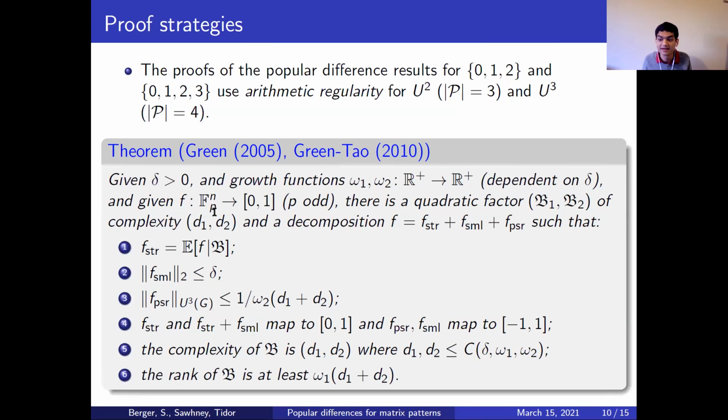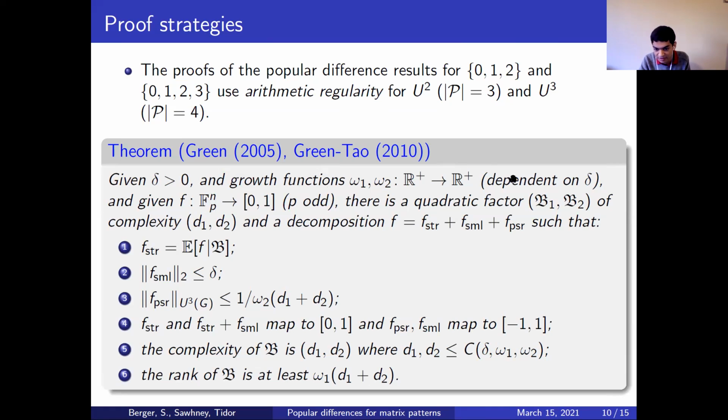So given that fact, can I sort of find a nice set of models for my functions, which basically look the same, and you can prove look the same with regards to any statistic that you'd care about, but which is a model of finite complexity rather than a complexity that grows with, you know, the group size. So F_p^n, n is growing. And it turns out that you can do this. And this is the content of arithmetic regularity, which should be viewed in analogy with Szemerédi regularity lemma, or hypergraph regularity